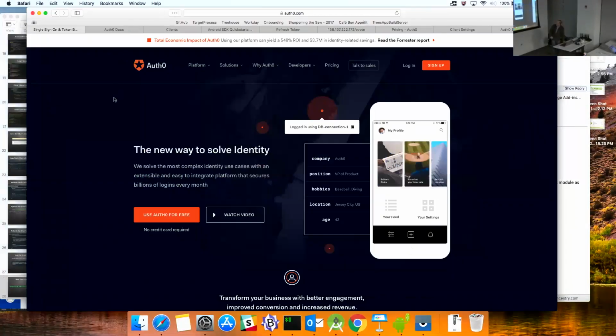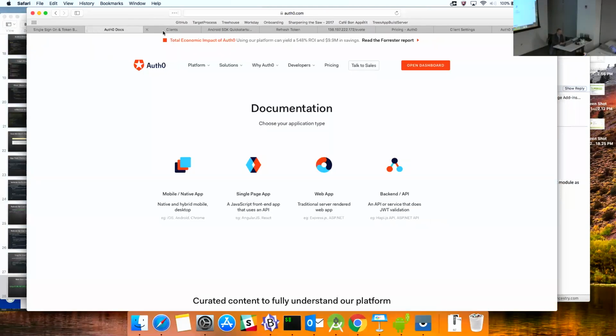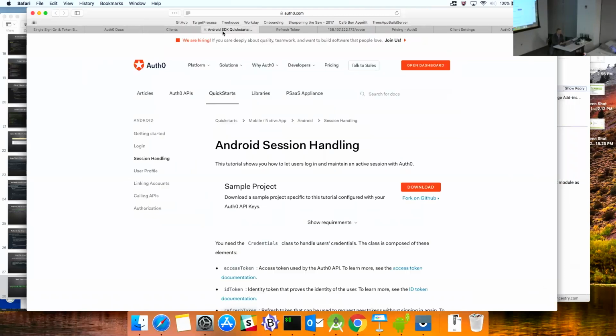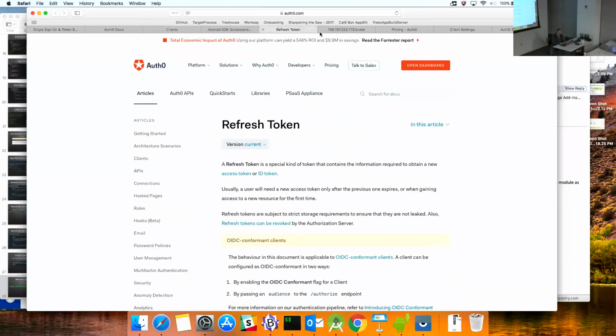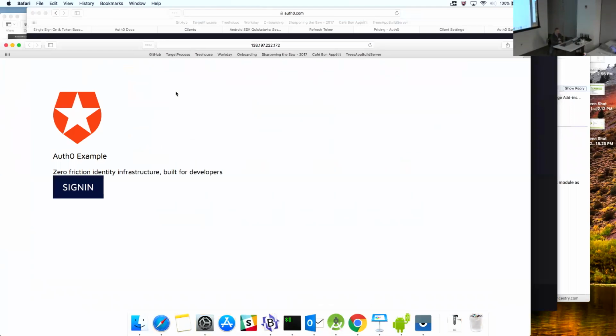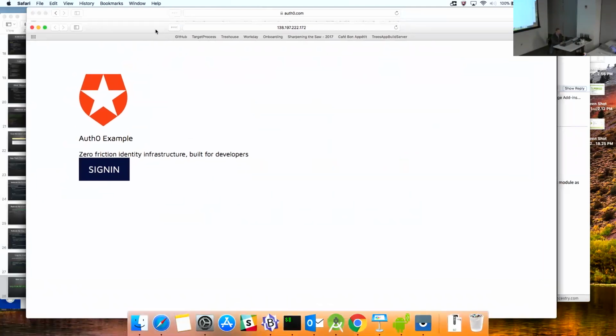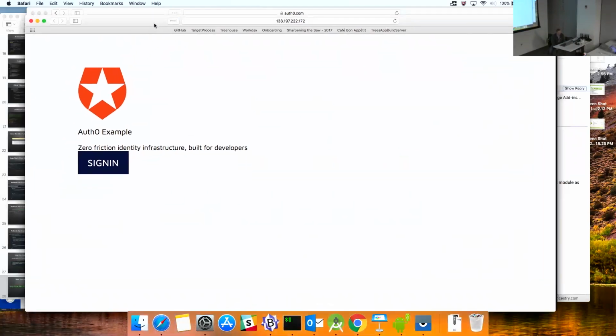Okay, this is the home page of Auth0. So there's my fancy login page for the web. And this is their sample content, just very basic.